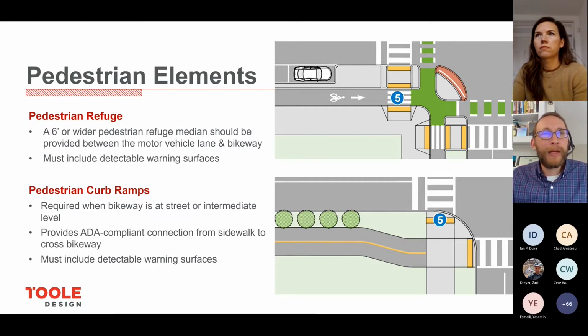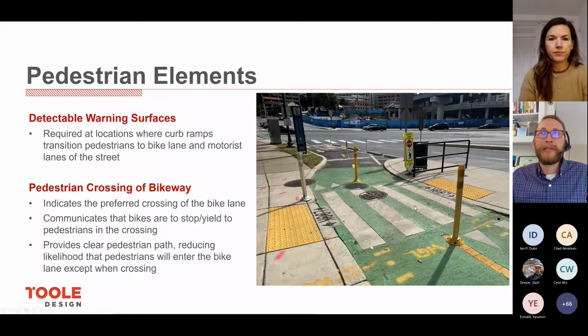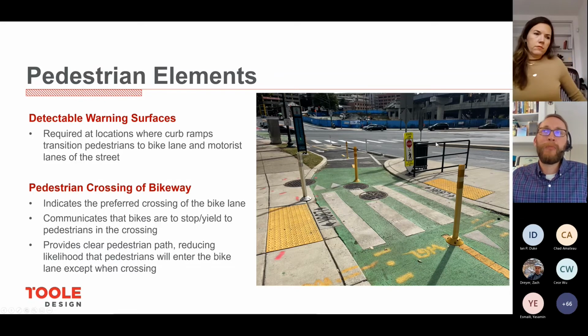And let me go to the next slide as a good example. So this is a crossing of a bike lane to access a floating bus stop. The one on the right is a transit stop. And if you imagine that this was transitioned down to the intersection so that a pedestrian on the sidewalk would be crossing the bike lane to access transit, but also using that same crossing to cross the street, it would